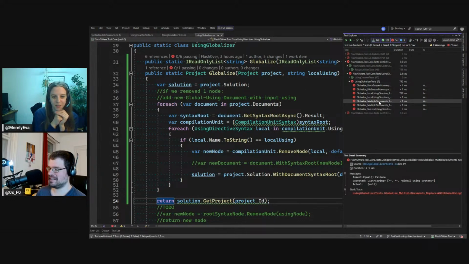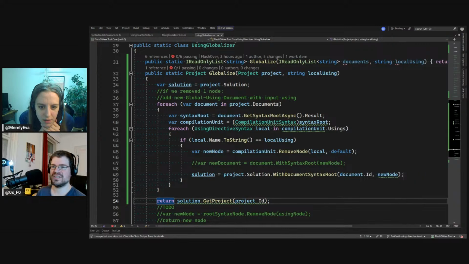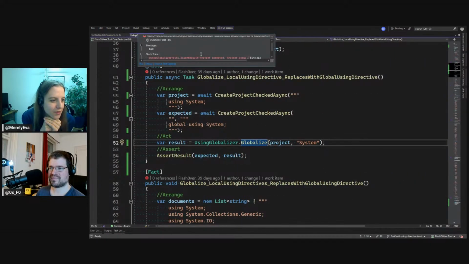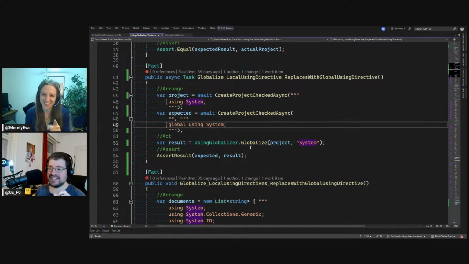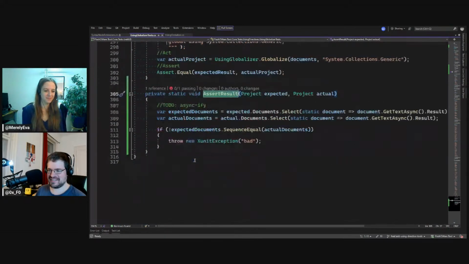Woo! Wow. Okay. So where is our test? I totally forgot which test we wrote. Globalizer. There it is. Yep. And it says bad. Nice. So that's good, because that means this passes actually. Yes. But the question is,